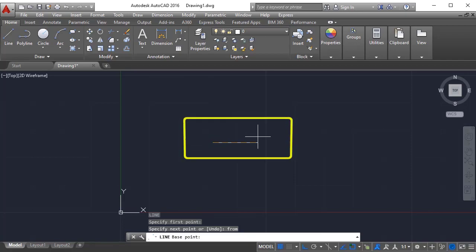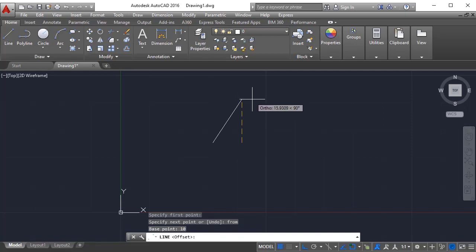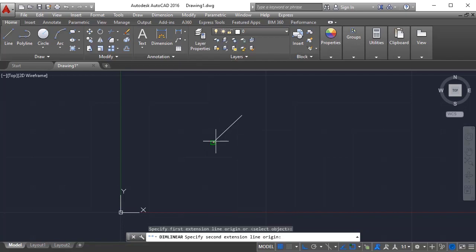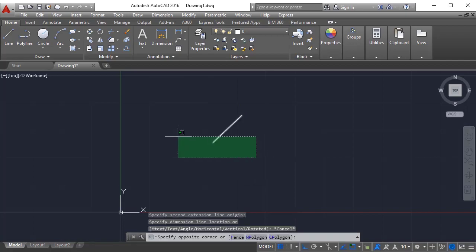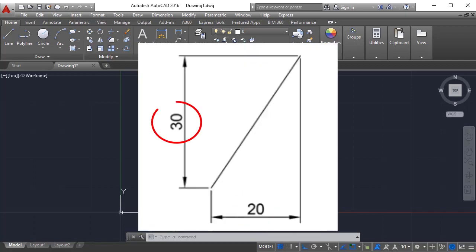I have shown the horizontal direction and I have typed from. Here it is represented with a dotted yellow line, which means it is asking for the secondary base point. I have specified the horizontal distance like 10 units, and if I change the mouse direction, it is asking for the secondary distance. I am specifying the secondary distance as 10 units. Now it is created at some angle, and we don't know what it is, but I have specified exactly 10 units in the horizontal direction and 10 units in the vertical direction. If I click on both endpoints, this is 10 units vertically, 10 units horizontally. Distance method, if you know horizontal or vertical distances only.